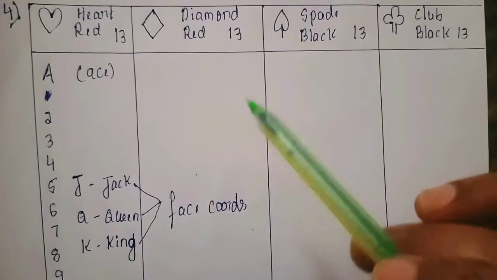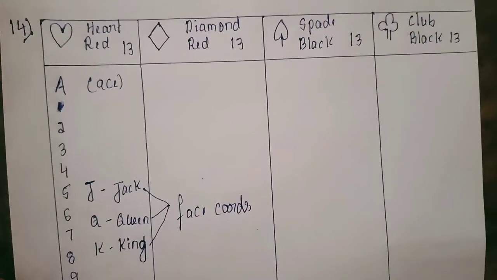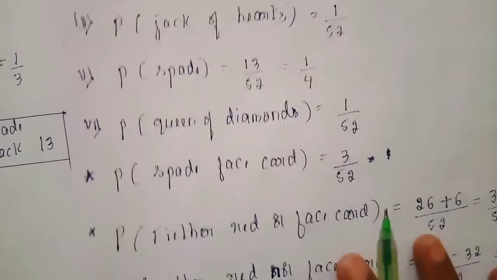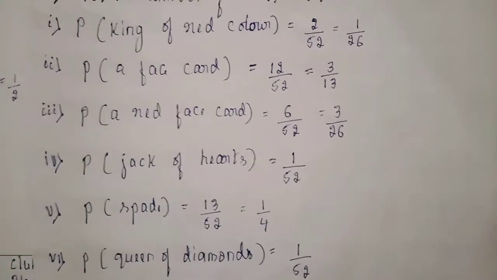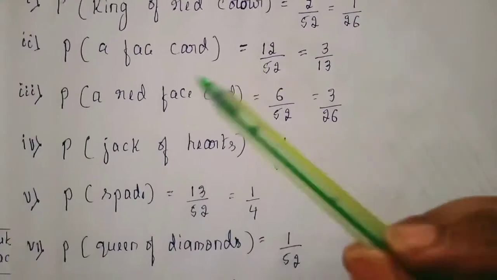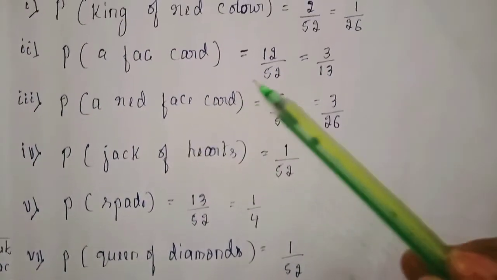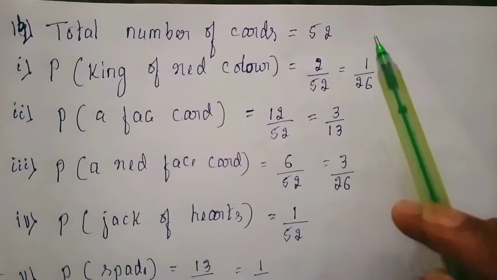So with this knowledge, let us move to the 14th question that he asked in the textbook. Along with the textbook, I have added many questions in this concept because here they'll ask many more questions out of the textbook. So I'm adding many questions here. You can see the first 6 questions are your textbook questions. Total number of cards is 52.